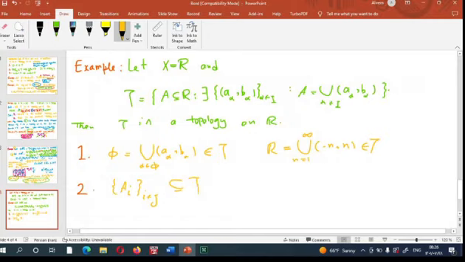Okay, we must prove that the union of these sets belongs to tau. Then for each index I, A index I is a member of tau. Okay, all of this must belong to tau, so that A_I must be written